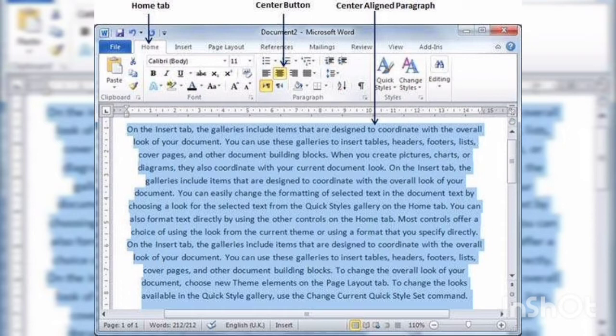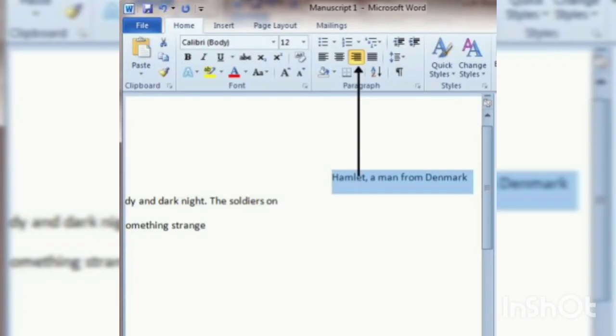So, the whole paragraph will be centered around a vertical line that divides the screen. So, this is the center alignment. Here in this picture, you can see that the selected paragraph has been aligned in the center option.